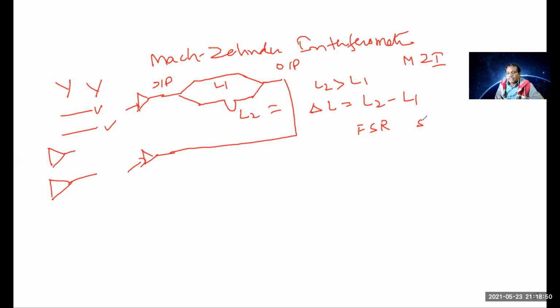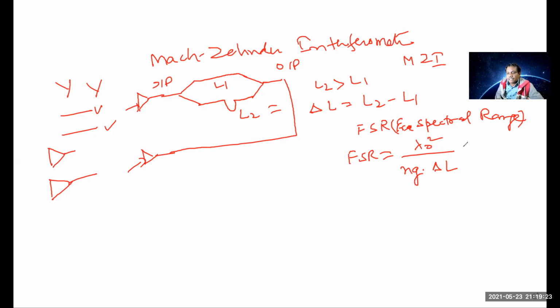Free spectral range FSR is defined as the square of the operating wavelength divided by the group refractive index of the waveguide and multiplied by the difference between the arms' lengths of the Mach-Zehnder interferometer, that is L2 minus L1.